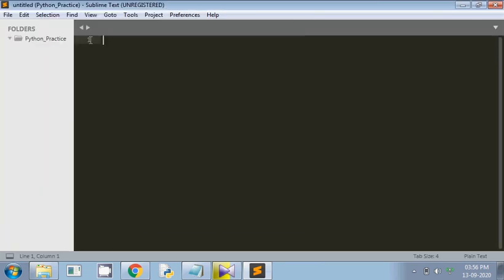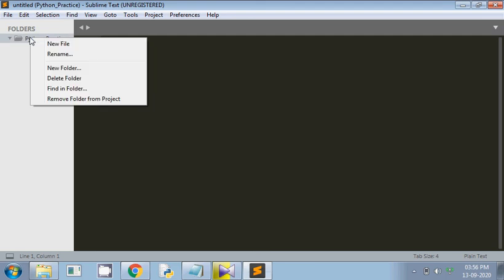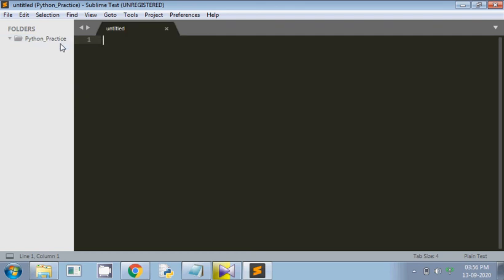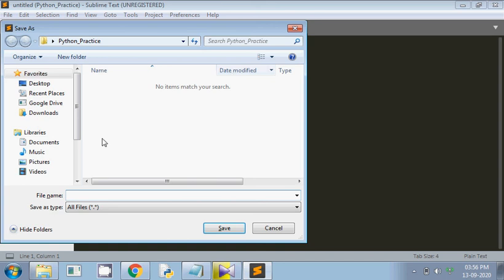I can add a Python file by doing a right click and then choosing new file, and using Control S I can name the file.